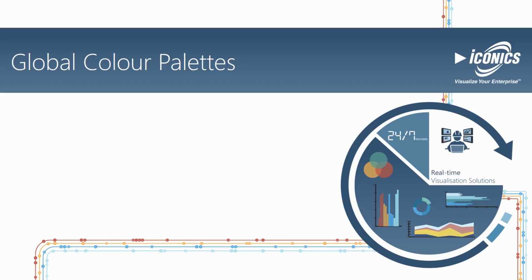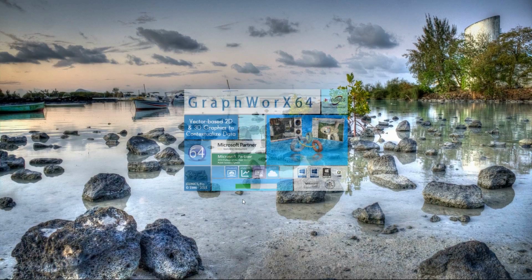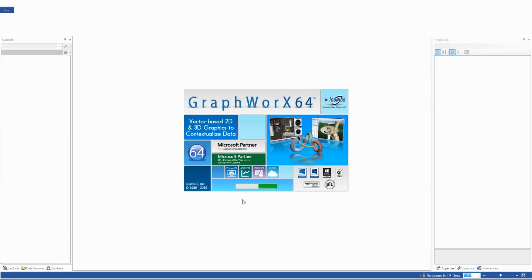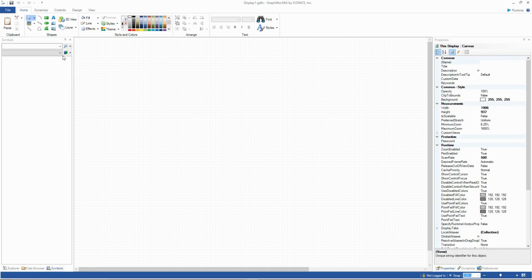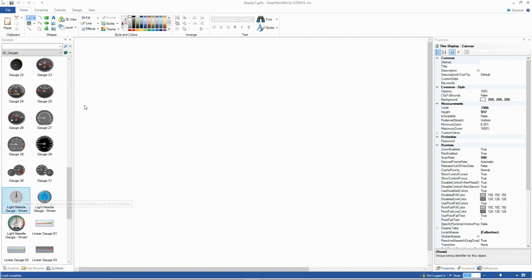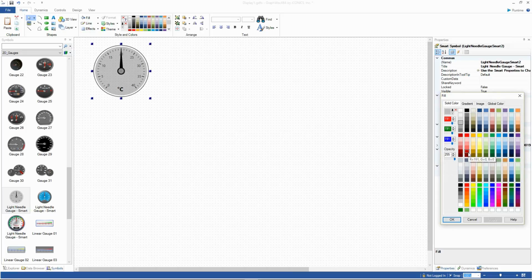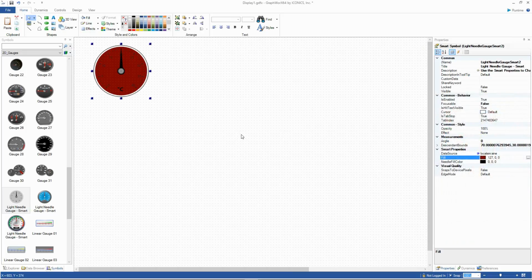Let's have a look at a typical example. Let's open Graphworks64, our user interface designer, and select a symbol from the symbol library. In this example, I've selected a smart symbol, which exposes properties in the Property Inspector. We will go into more detail about smart symbols in another video, but for now, I'd like to just set